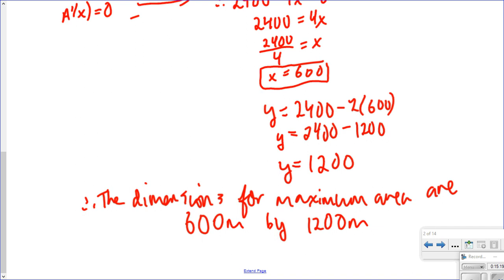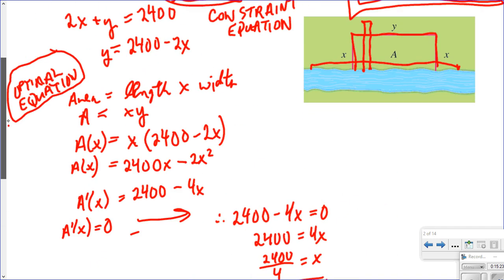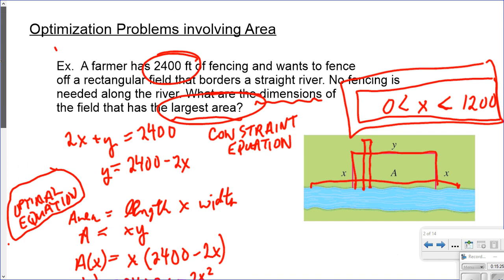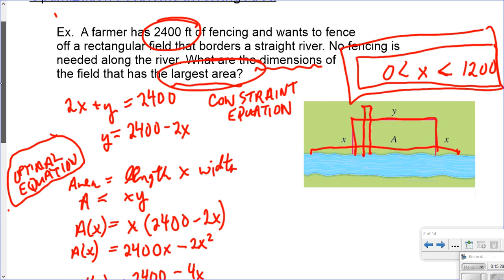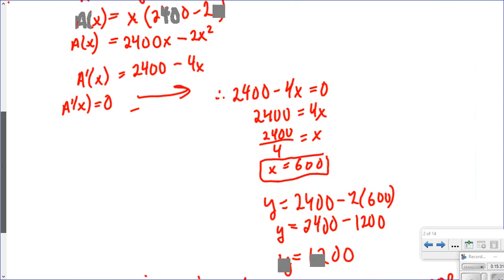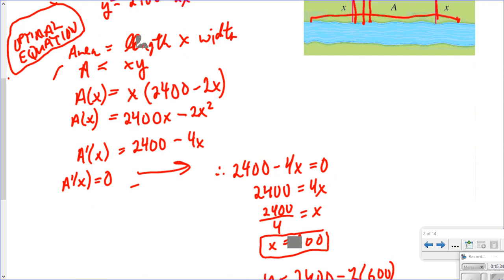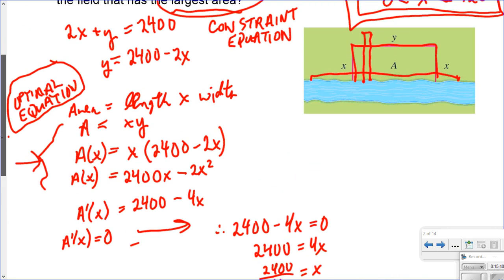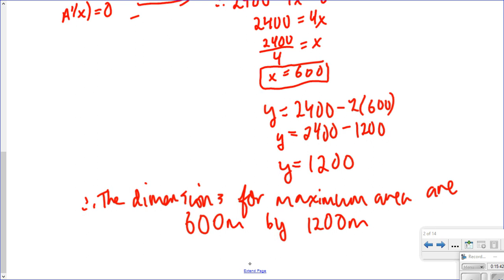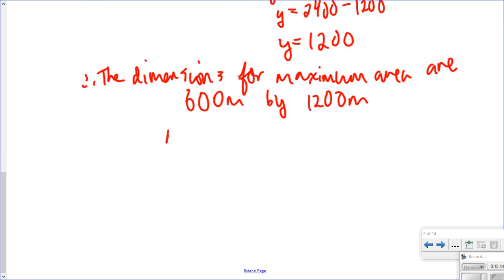Now, one small thing: we might be asked, though we weren't in this question, what is the actual largest area? We were asked the dimensions and I answered the dimensions. But finding the area is an easy thing to do. I look for one of my equations for my area, and I can use either one. The easiest one to use is the first one. It's just x times y, right? So my area, if asked, is